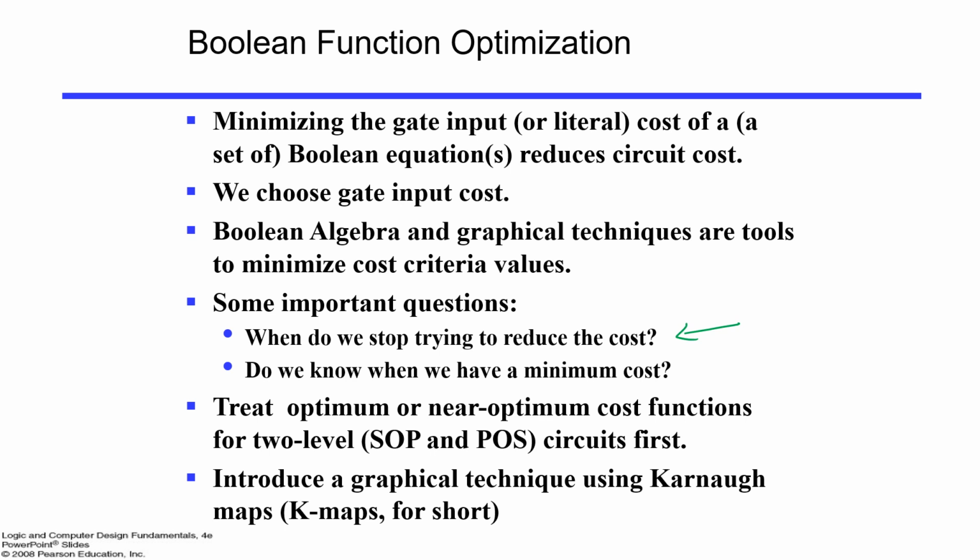So when do we stop? There is no fixed way to say when we can stop. Second, when we apply Boolean algebra, what should be the order of application? In which order will you apply the Boolean algebra laws so that you get the minimum function? That is also not predefined. These two are the major problems. First, when you will stop, when you feel that no further reduction is possible. Second, what order? Because if you apply in a different order, maybe your optimized function will be different. So these are the two major challenges.